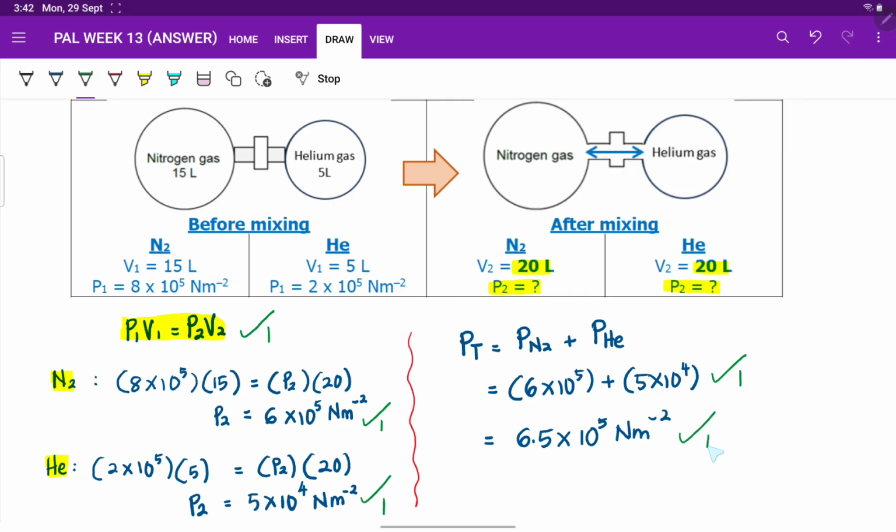And then the final answer with the correct unit, unit is insisted: another 1 mark. So there will be 5 marks for this question. Okay, so that's all for question number